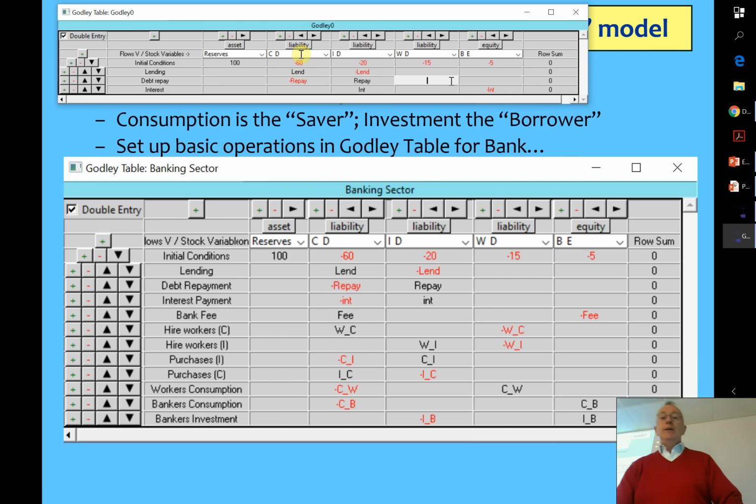All right? Now I need to move it to where the neoclassicals think it happens, which is that's payment back to the consumer sector. And that's actually a teachable moment, as my mate Paul describes these things. The reason that loanable funds sees no real problem about the total level of debt, unless you get to where the zero bound happens, where interest rates are zero, and then you lose the capacity for the central bank to manipulate the economy, which of course it always had in the first place. The reason they don't particularly worry about the level of debt is they think that whatever's a gain for a borrower is a loss for a saver and vice versa.